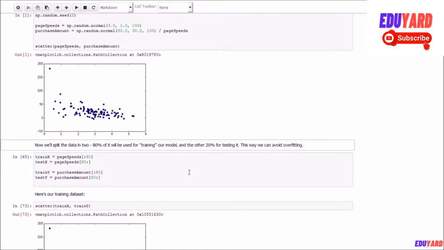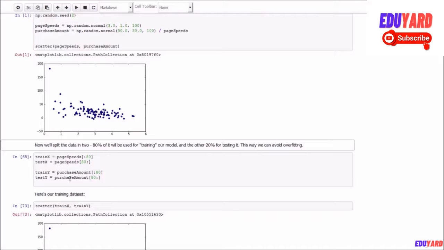I am just going to use Python syntax here for splitting a list: the first 80 points are going to go to the training set, and the last 20, everything after 80, is going to go to test. Remember, we covered that syntax in our Python basics course,